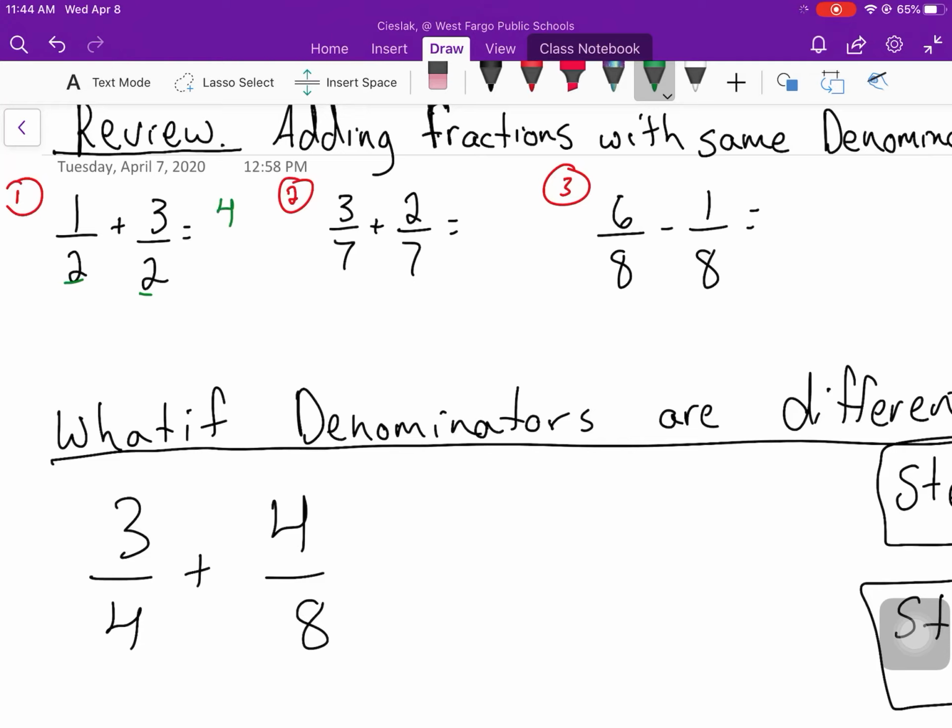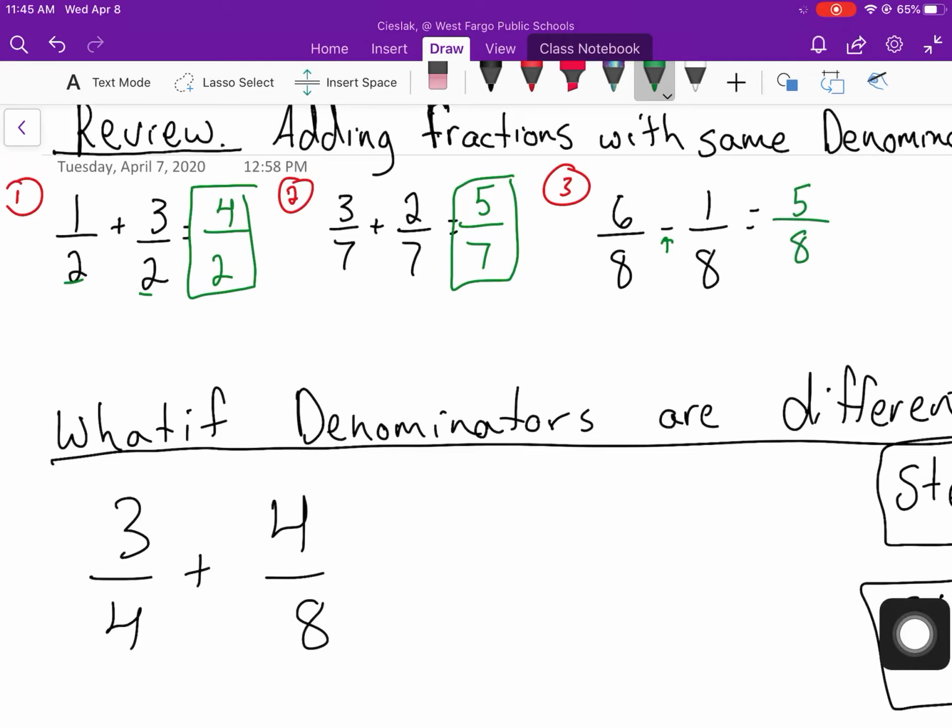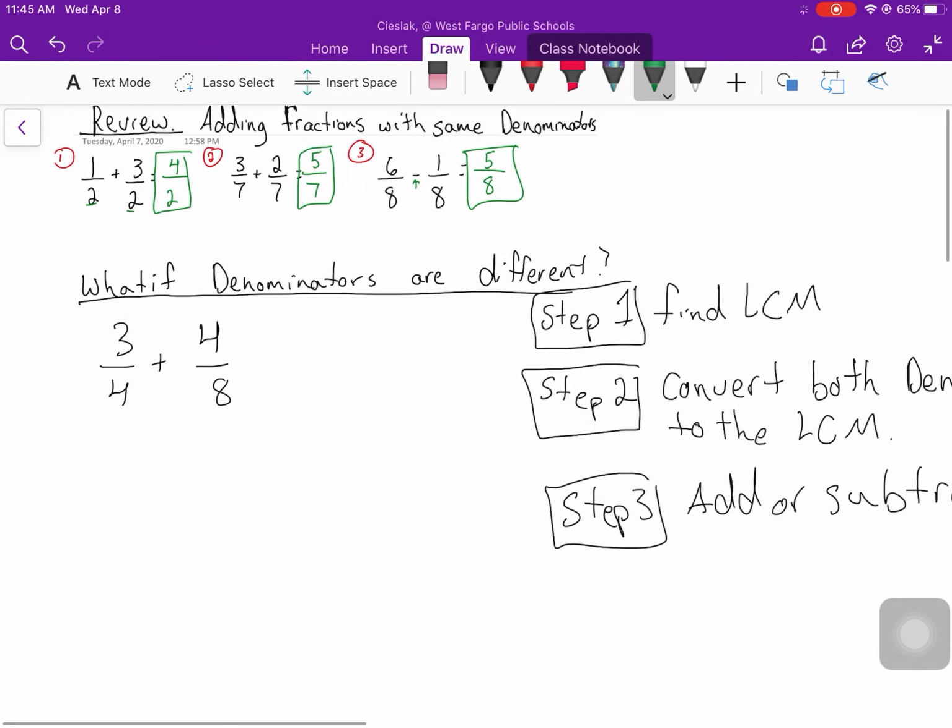Okay, so when I add with same denominators, I add on top. 3 plus 1 is 4, but then the bottom stays the exact same. So my answer on this one would be 4 over 2. Next one, 3 plus 2 gives me 5. Bottom stays the same, and I get 5 over 7. Okay, on the next one, be careful because this is telling you that we're subtracting or minus. So I'm going to go 6 minus 1 is 5, and I get 5 over 8 because the bottom stays